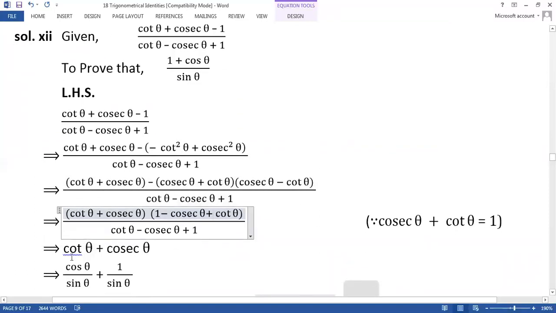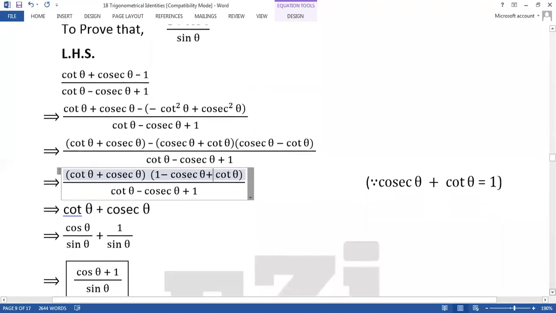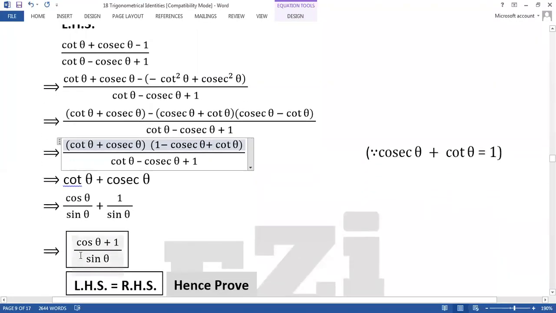And now, what is cot theta, student? Cos theta upon sin theta. And cosec is reciprocal of sin. So 1 by sin theta. And we can add the numerator: 1 plus cos theta upon sin theta. Isn't it simple? Now, some teachers are a little tricky. What they will do, they will rationalize these also, and then ask you to prove it as a RHS. So be careful. If you get something like 1 minus cos theta upon sin theta or something like that, no need to get scared. Just rationalize again the denominator or numerator over here. You're going to get your required RHS.